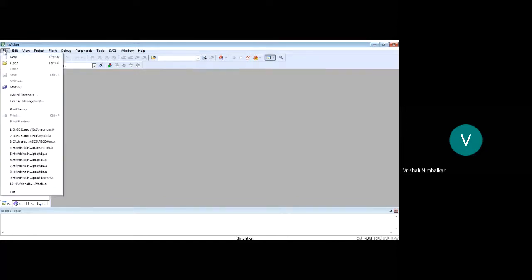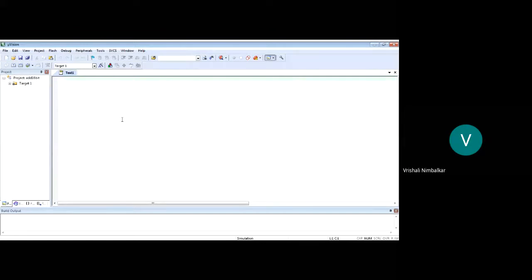File, new. So I get a text window. Now I give a tab and I start with ORG, that is originate. Again, capital or small does not matter. For you all to see it better, I am writing in capital. ORG 000. We always start our program at 00 hex, and from there we unconditionally jump to some label.